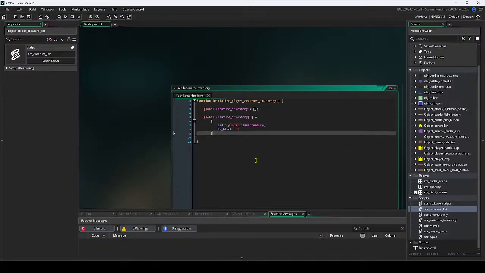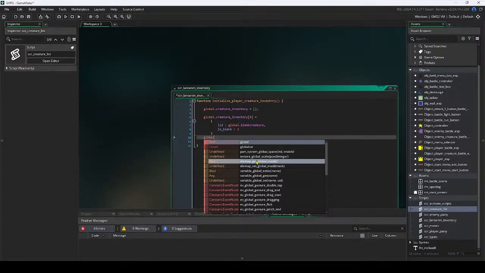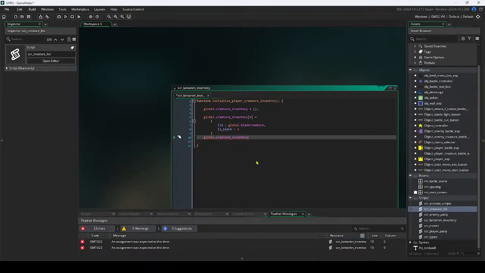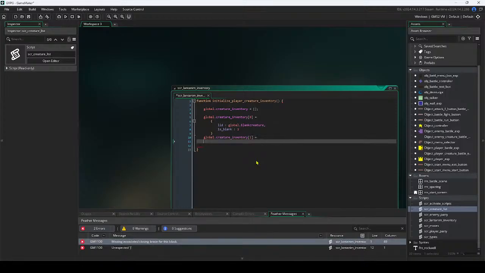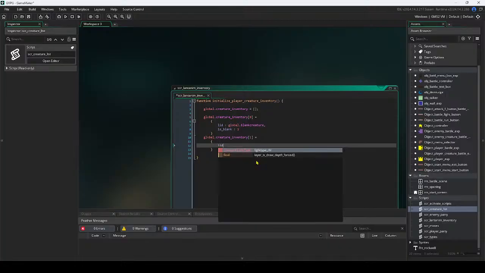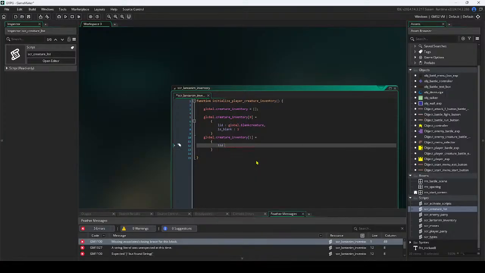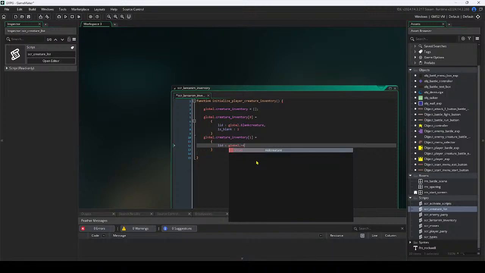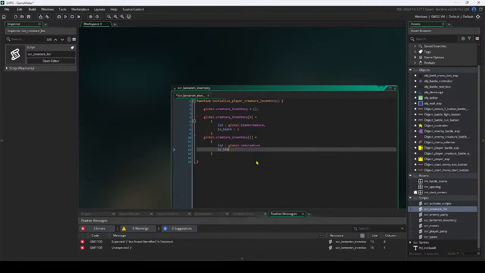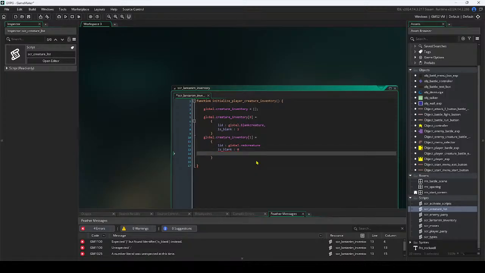So then what we can do, inventory is equivalent to, and they'll do lid, red creature is blank, 0 because it's not blank, comma, here, level